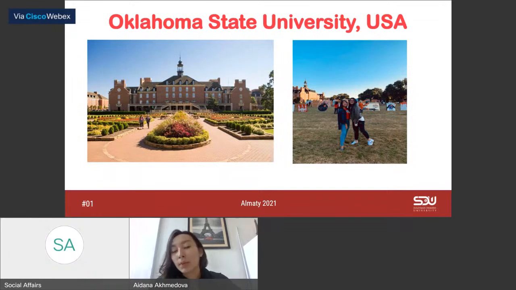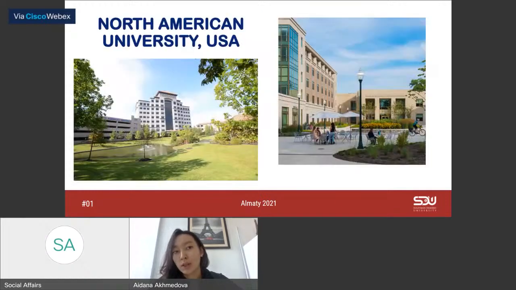And by the way, if you apply to the universities, as I mentioned before, and you don't have an IELTS examination, you can pass an examination in the Continuing Education Center. However, Oklahoma State University requires an IELTS examination. North American University in USA,